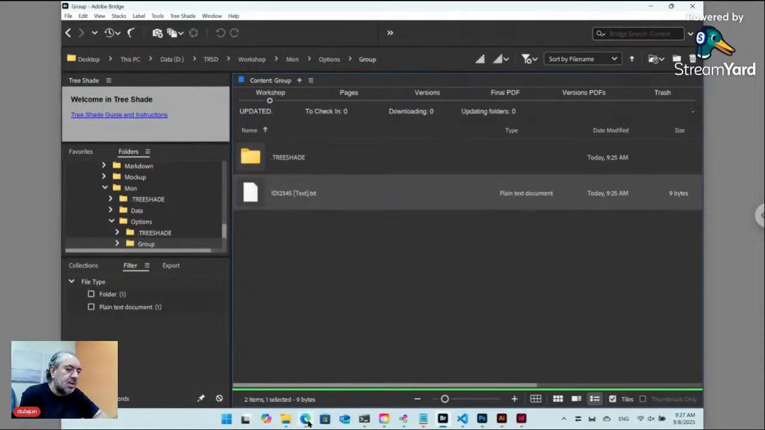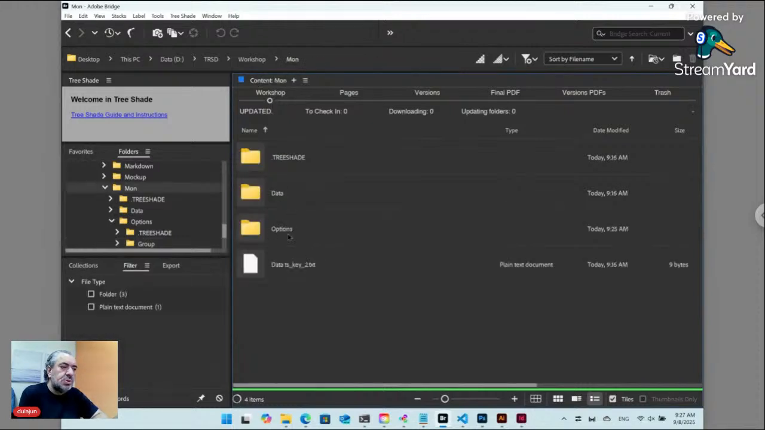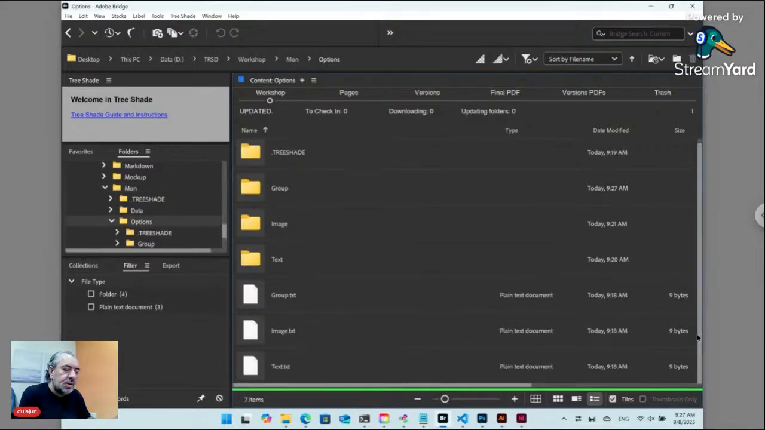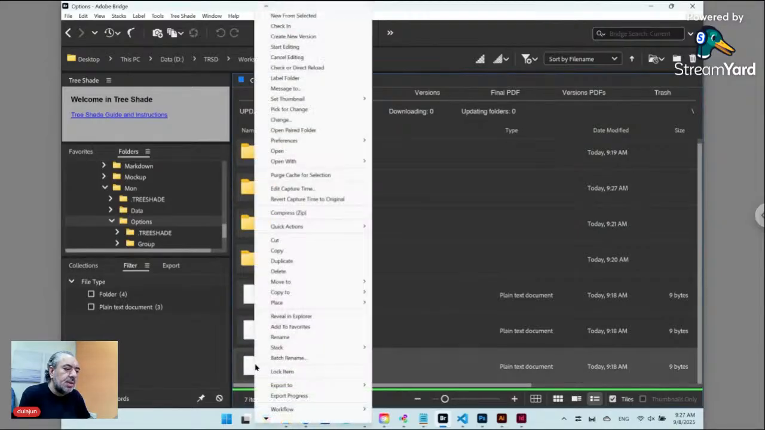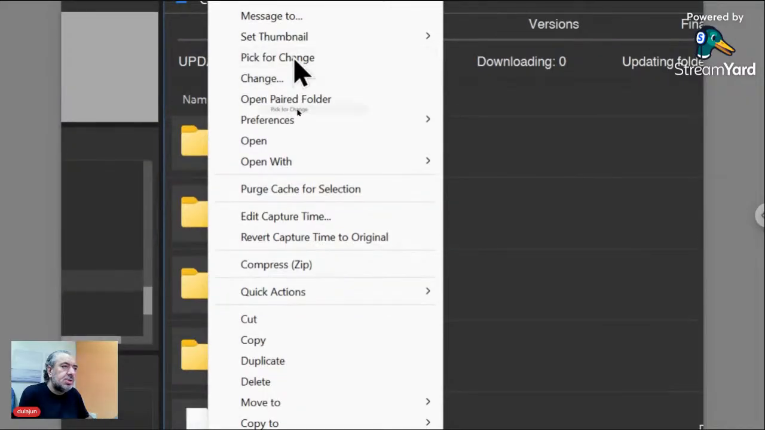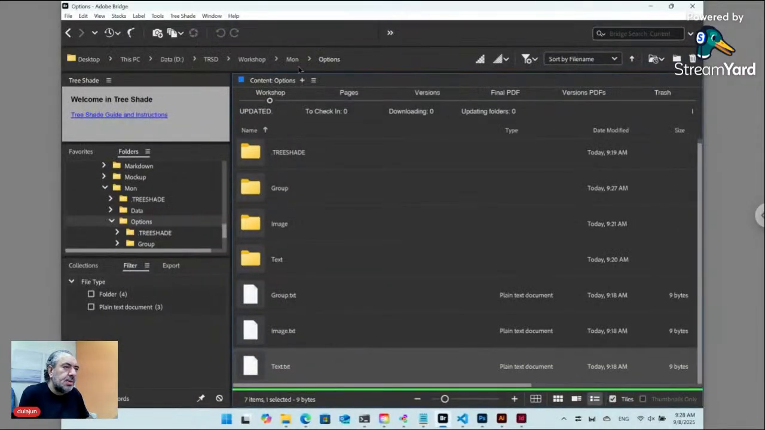Okay, I think now we finish setting the options. So the options are ready, and we need now to copy any of these options inside data. So let's copy the same thing, text, right click, pick for change,